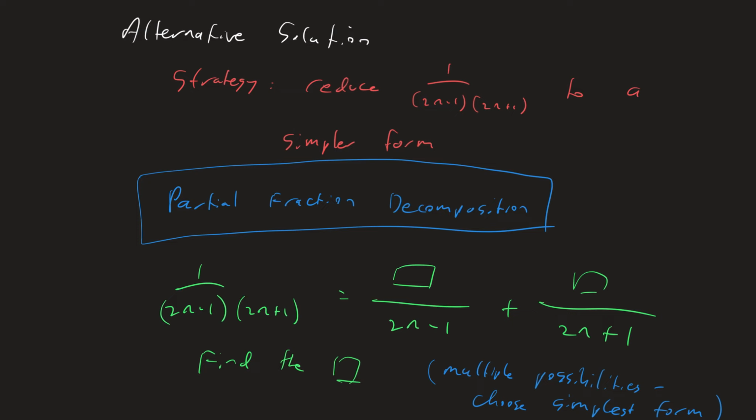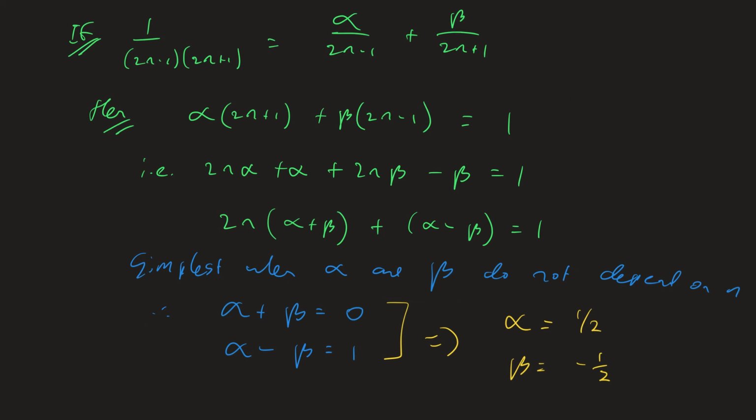We want to reduce this expression here into the sum of two simpler expressions. The denominators are simpler in this case and in this case. Can we find numbers to go here and here such that this is equal to this plus this? The theory of partial fraction decompositions basically says that yes, we can do this. If it's possible to write the left-hand side in the form of something on 2n minus 1 plus something else on 2n plus 1, then we can